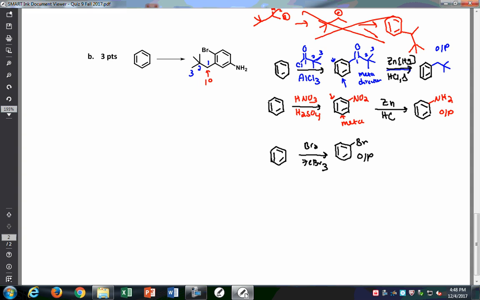And a lot of people got it right on the first page and then still did the order wrong here. So that leads me to believe you're memorizing and not really thinking about what you're doing. So you want to think about it. So we cannot do acylation if we have that NO2 group on there. So we know that for sure. We know what we're doing there. So the question is where everything is. Sometimes there are multiple routes, but in this route,